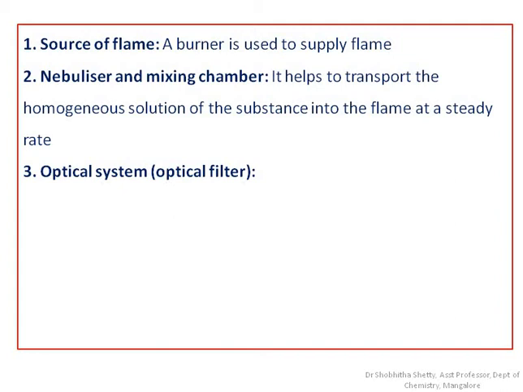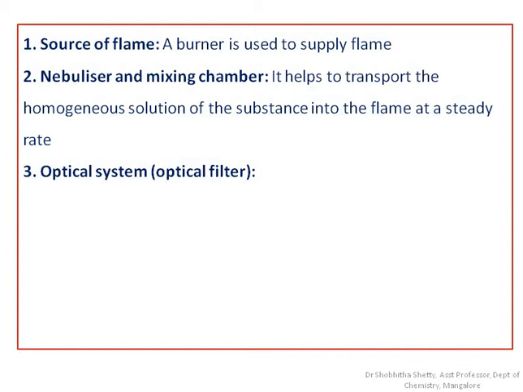and we have the optical system, and it actually consists of a convex mirror, lens and filter. The convex mirror here helps to transmit light emitted from atoms and focus the emission to the lens, and the reflection from the mirror passes through the slit and reaches the filter, and this will isolate the specific wavelength to be measured from that of other emissions.